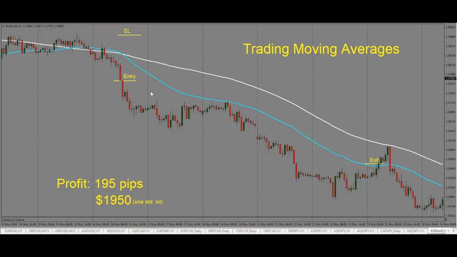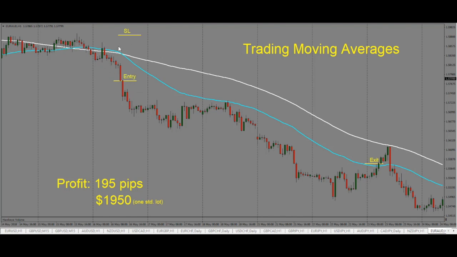So in this case, 50 is our blue one. We see that the blue one crosses the 100 one to the downside. So this is faster moving, that one is slower moving. So as this crossover happens, we know that price is now likely to continue lower. So in this case, we wait for the crossover, and that will happen after this candle closes here. Once this candle closes and we see that moving averages have crossed over, we take the entry short here